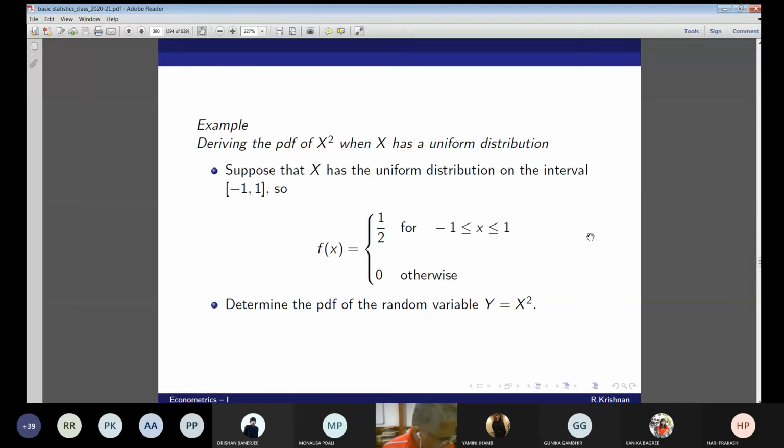You made a mistake, it is only simply root y. Yes, sir, because the limit should be from minus root y to root y, since x is a square. Y is equal to x square. I made a mistake, it's equal to root y. So the CDF will be root y, and for the PDF it should be 1 by 2 root y. Look at this.